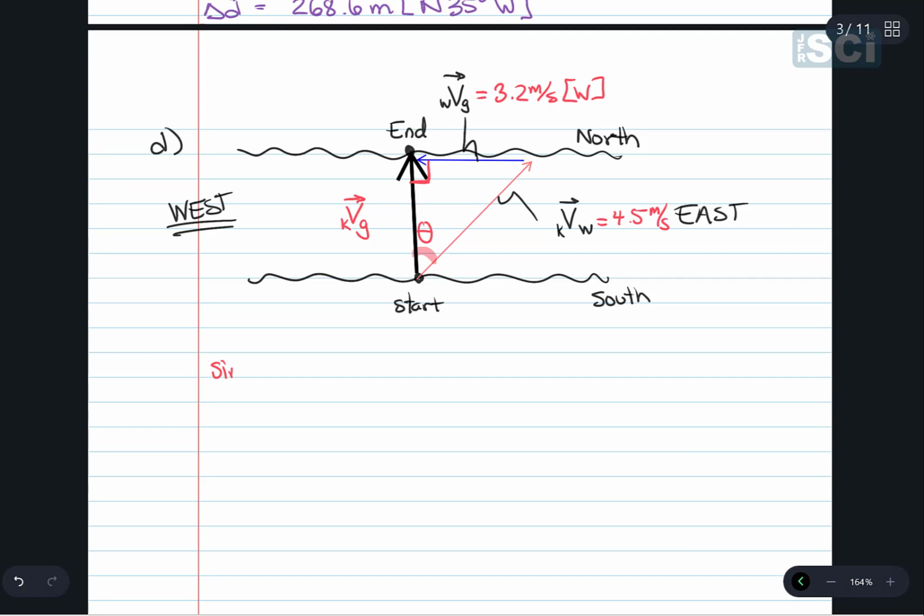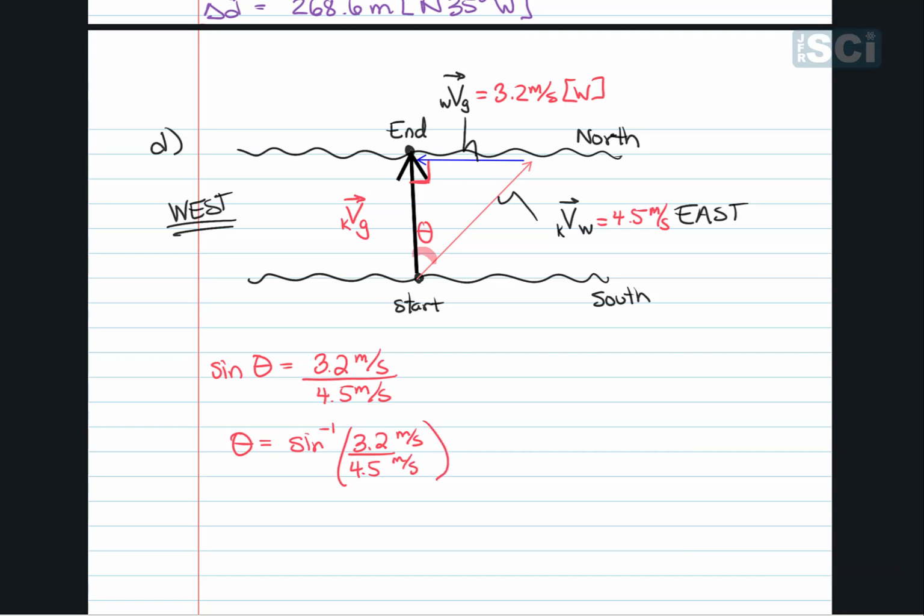So sine of theta is going to give me opposite, 3.2 meters a second, divided by hypotenuse, 4.5 meters a second. Theta is equal to sine inverse of that ratio, 3.2 divided by 4.5. Let's put our meters per second over meters per second and go 3.2 divided by 4.5, and we end up getting sine inverse of that. We get 45